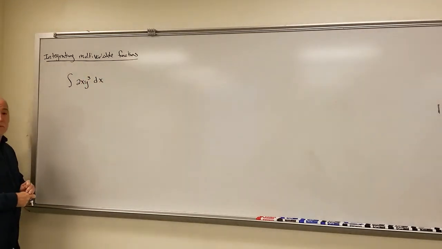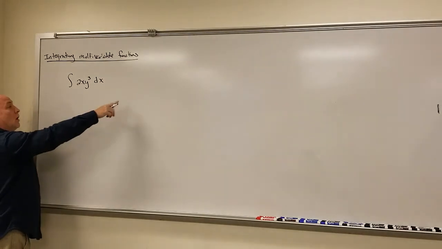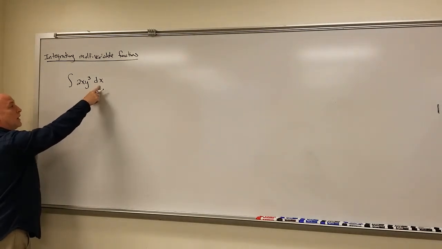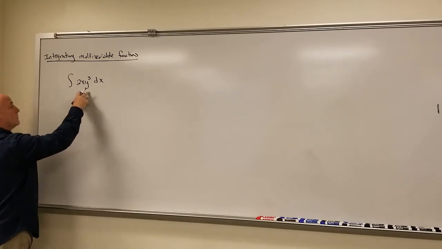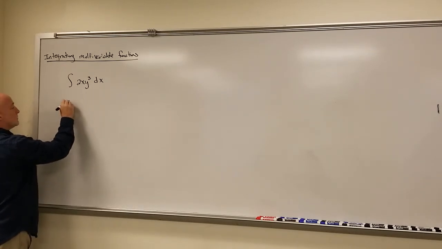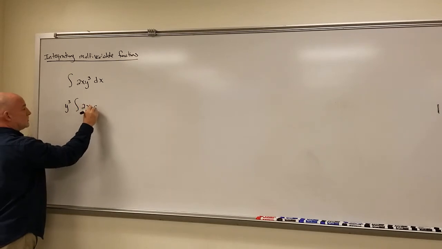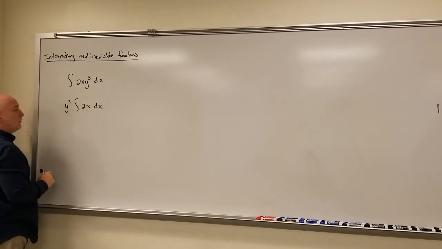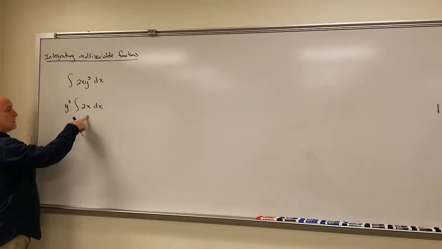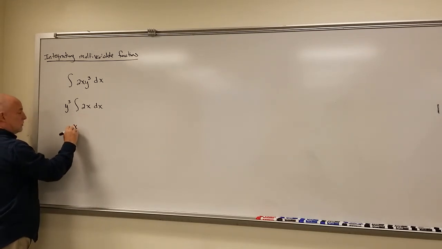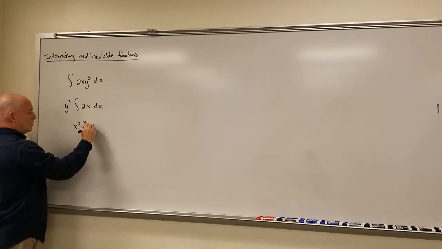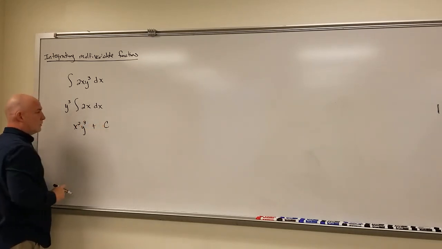Well, we use the same basic idea when we're integrating here. We're going to integrate this function with respect to x. That means that all y's are constants. Now, since this is a constant multiple, you could do this if you wanted to, like we can do with all constant multiples, and bring that out front. Now, of course, we would integrate this the same way that we always would when we integrate with respect to x. That gives us an x squared, so that'd be x squared y cubed plus some constant,